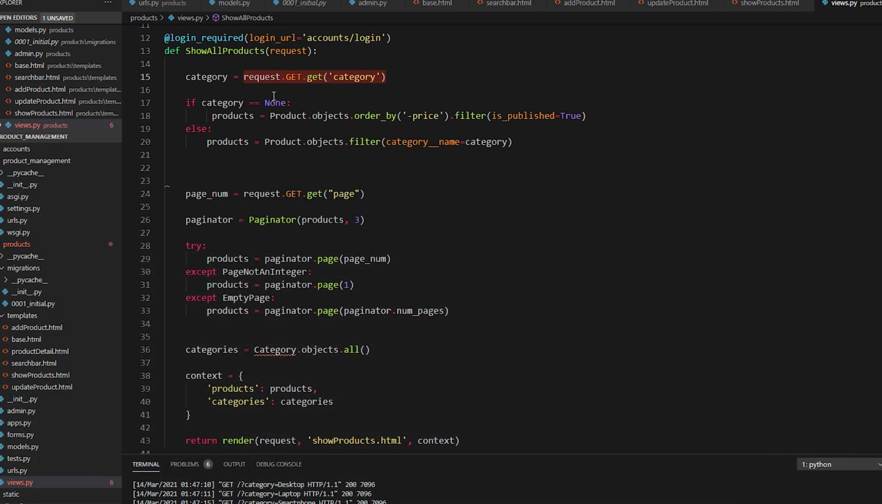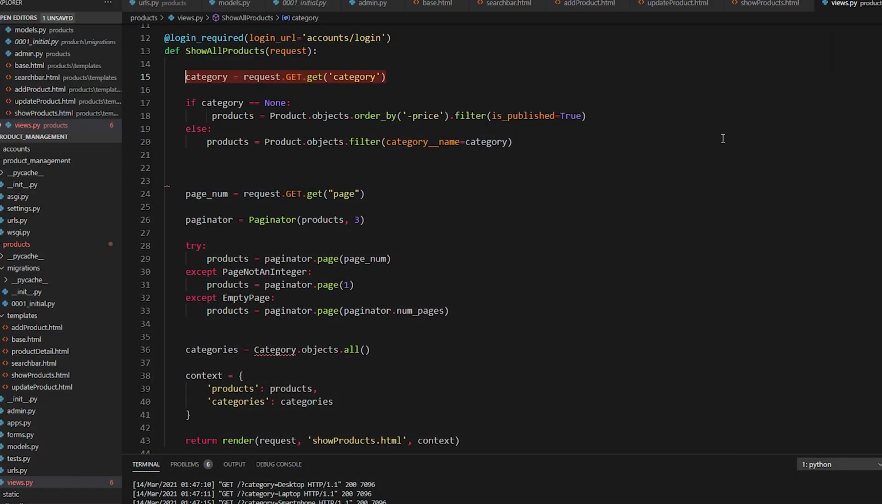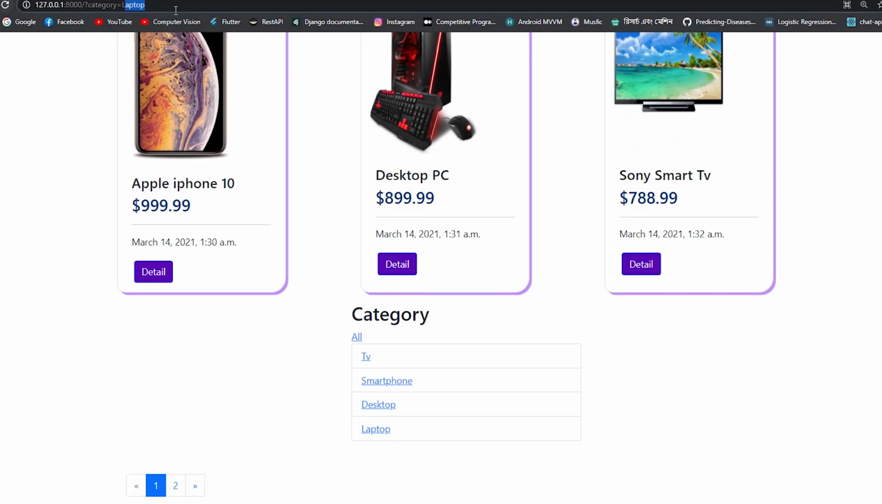So that's why you need to get that category name, and we want to filter the products by that category. If the category is none, then we will show all the products. Otherwise we will filter the products and show all the products whose category name is equal to the category that we have given, suppose TV, laptop, desktop or any other thing. We filtered by this. So if we go there and save it,